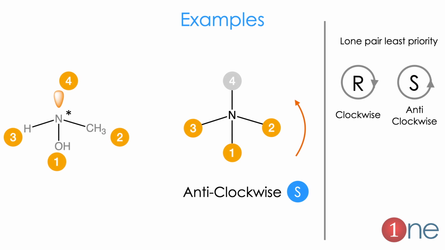The next example contains the lone pair. Here the chiral atom is nitrogen, which is attached with the alcoholic group, a methyl group and hydrogen. So here really the question is whether hydrogen or the lone pair will come last. We know already that the lone pair will come fourth, alcohol will obviously be first, methyl will be second and hydrogen will be the third one. So the configuration will be 1, 2, 3, which is in the anti-clockwise direction. So the configuration is S.